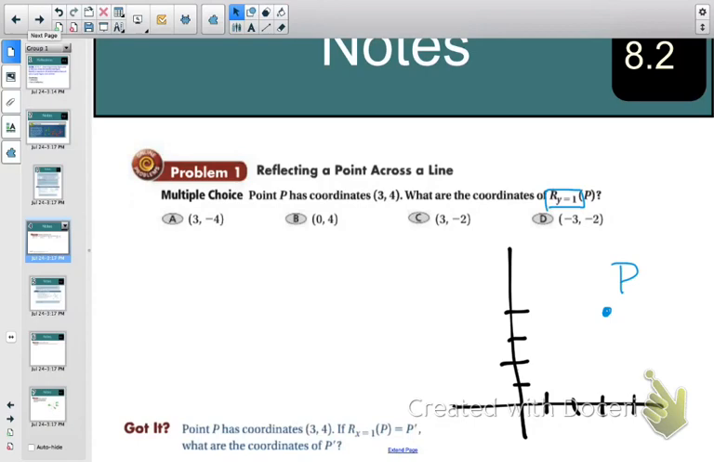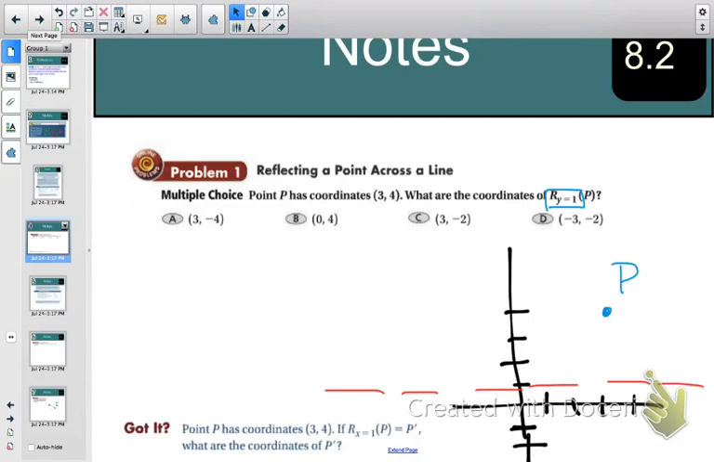and I'm just going to use a dashed line here. That should be your line. Okay, and it's just a constant number, so it's just a horizontal line. If it was x equals 1, it would be a vertical line. So now we're going to flip the point P over